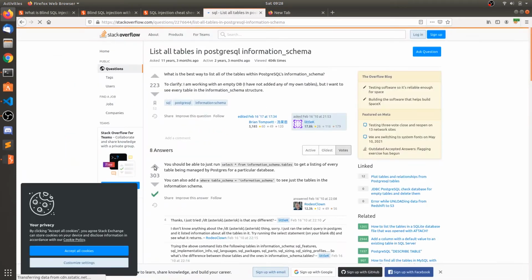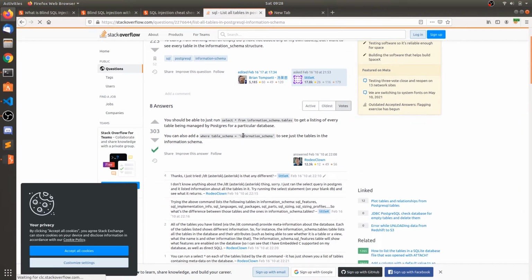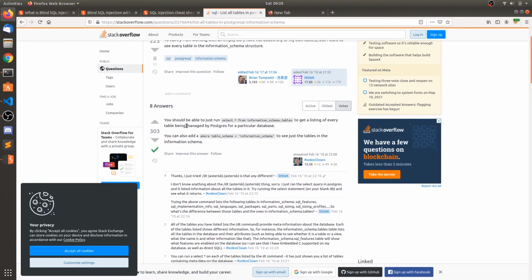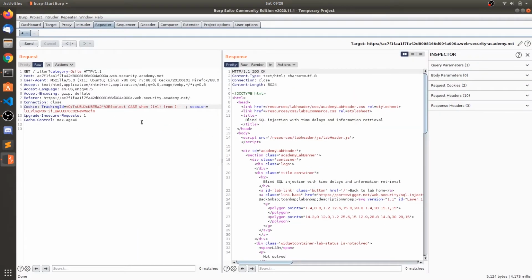It has the information schema tables. Okay, this should be fine. This is similar to MySQL.